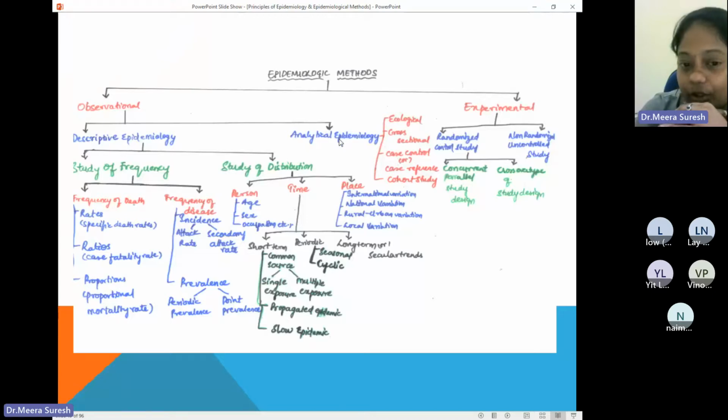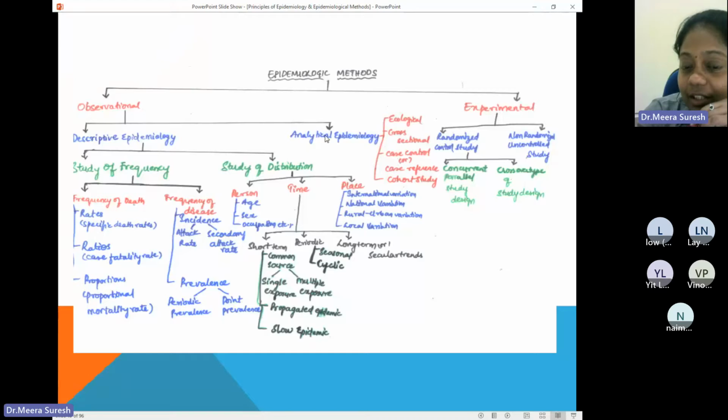It is so confusing. But I could say one thing, because in India we have a lot of competitive exams. In competitive exams, if the question asks for an example of analytical epidemiology, the answer will be case control or cohort study. Only these two are considered under analytical epidemiology according to competitive exams, because there should be only one answer. Usually it is the case control and cohort study that are classified under analytical epidemiology. Ecological and cross-sectional will come under descriptive.